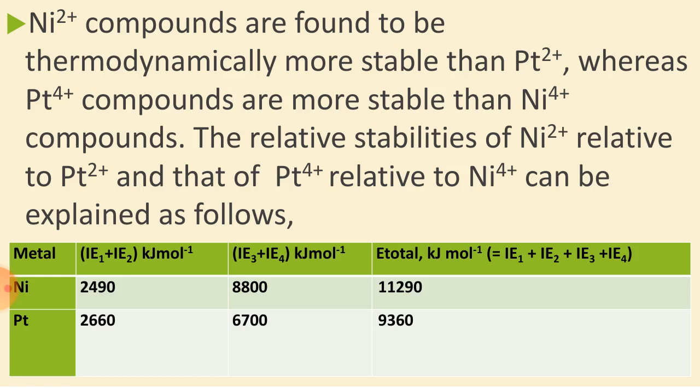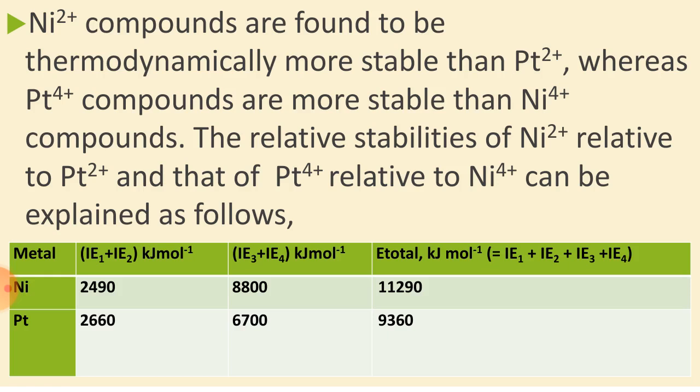Look at the table. Here metals are given, nickel and platinum. Enthalpy of ionization is given as IE1 plus IE2 in kilojoule per mole. The IE1 plus IE2 for nickel is 2490 and for platinum is 2660. So here the value is lower for nickel 2+, so that's why nickel 2+ is more stable